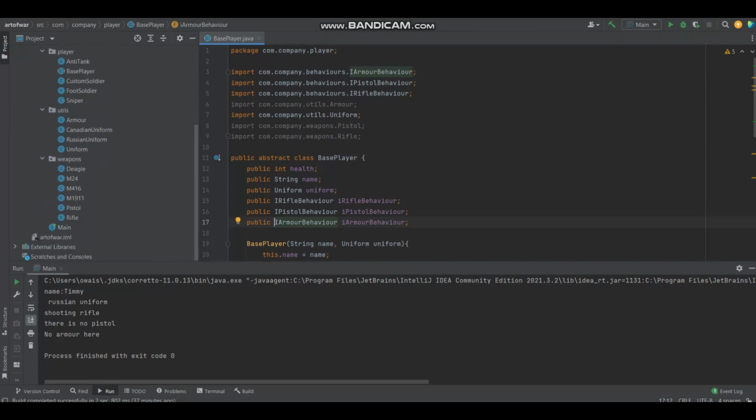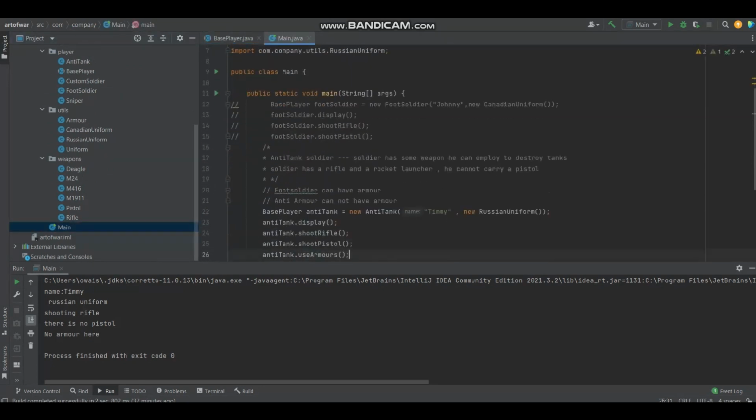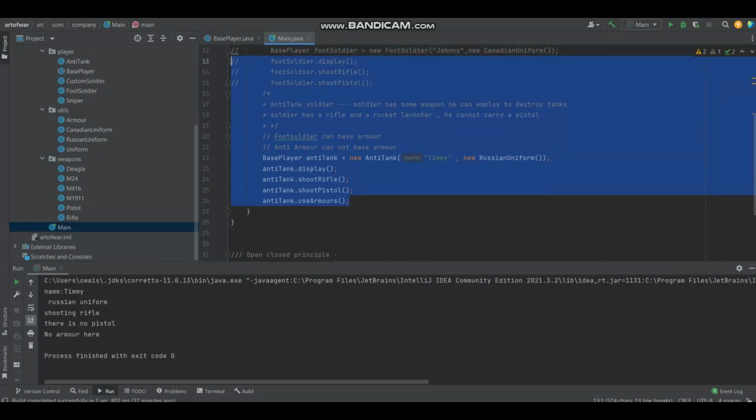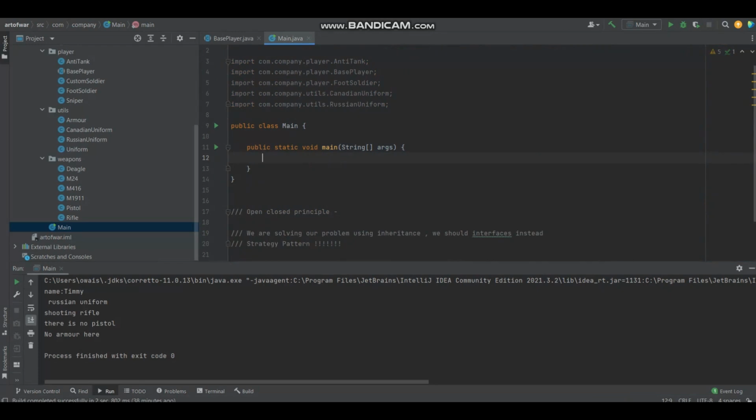Hmm. Let's test our design now. Okay. So what we can do over here, we're going to test everything one by one. Let's remove all this garbage and